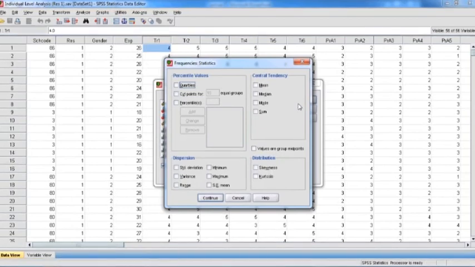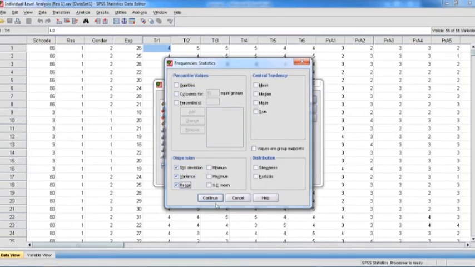Here on the top side there are certain central tendency options available, which are mean, median, mode and sum, and below on the left side there are measures of dispersion displayed. If we select these, SPSS can report the measures of dispersion, which are standard deviation, variance and range. So let's click on these 3, and